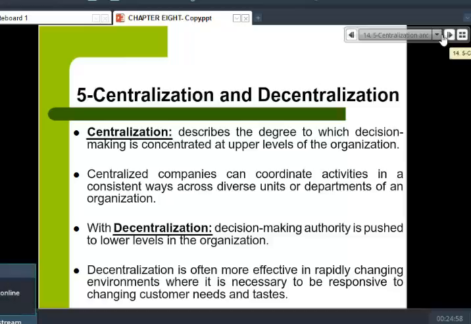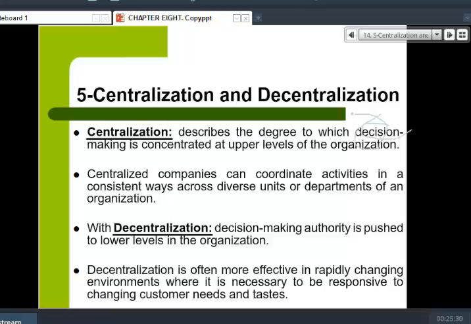Centralization and decentralization. I think this is quite familiar to you. Centralization describes the degree to which decision making is concentrated at upper levels of the organization. So centralization mainly focuses on the decision. The decision is held by one manager,